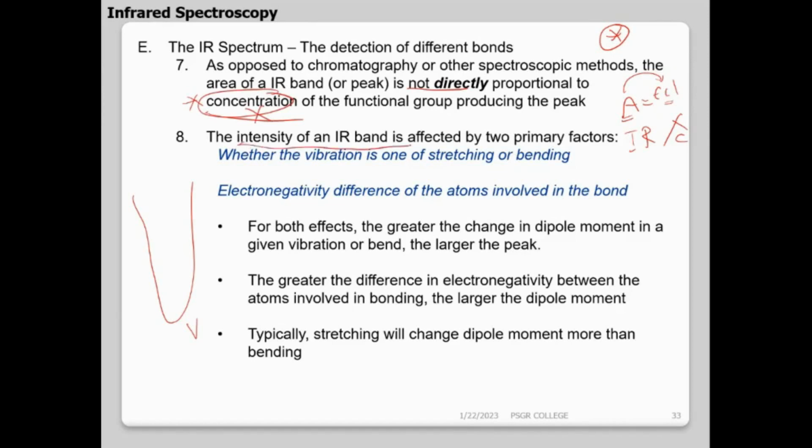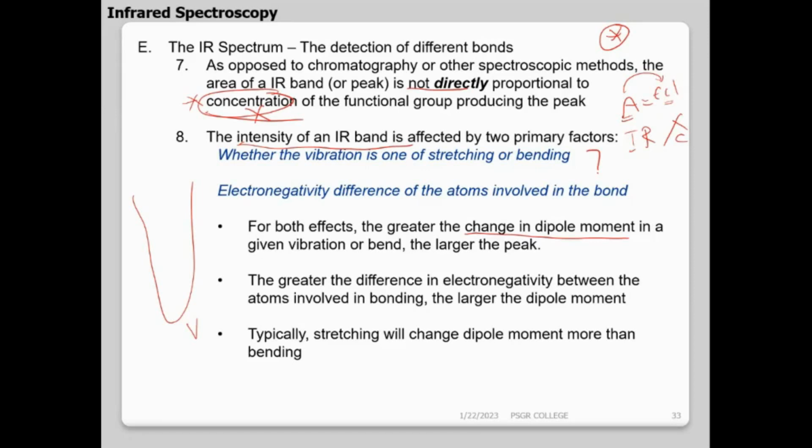So what is the intensity of an IR band? ஒரு band intensity அதிகமா இருக்குன்னா எதனால? Band intensity is high due to the change in dipole moment. Greater the change in dipole moment, greater will be the area under the peak. So strong band, weak band, medium band, how do I know? Guys tell me. How do I know?